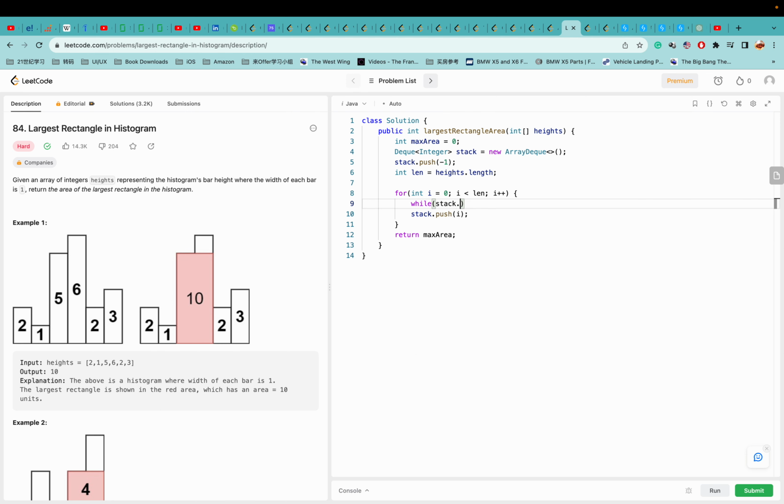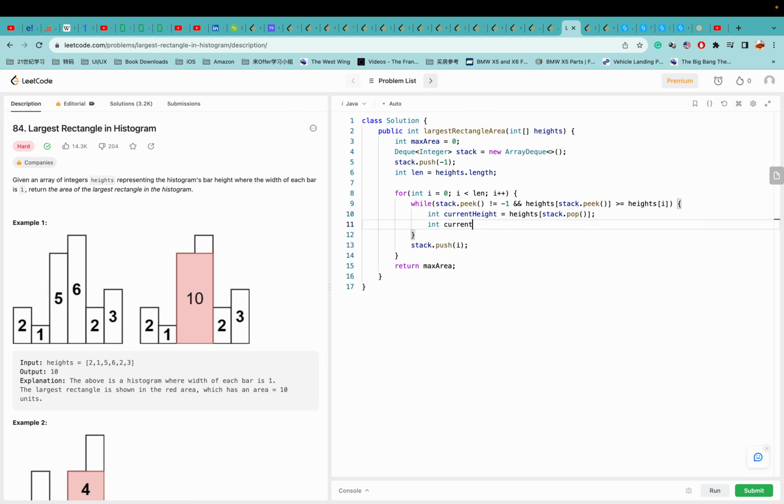So once the stack.peek is not -1, and the heights of stack.peek is larger than or equal to the current element we're processing, so this will be heights[i]. In this case, we're going to initialize the current height, and it will be heights[stack.pop()]. We pop the last element out,